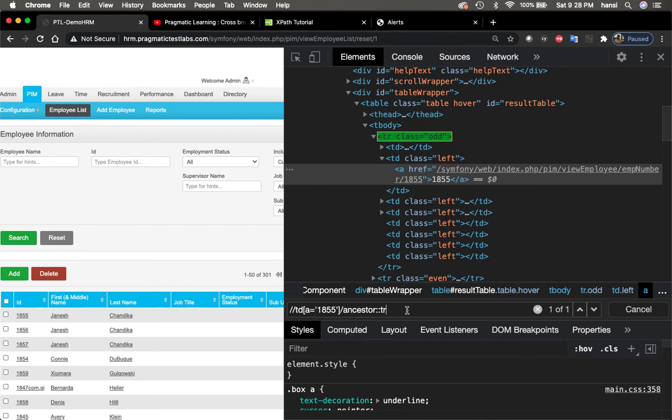From there I have access to the cells. /td will take me to the cells, and you can see 8 candidate elements, all related to the cells in that particular row. The first one will select the checkbox, and 3 will move into the first name and 4 will take the last name. Likewise, you can locate the elements in the row and the cells, and with the get text you can access the values in those fields.